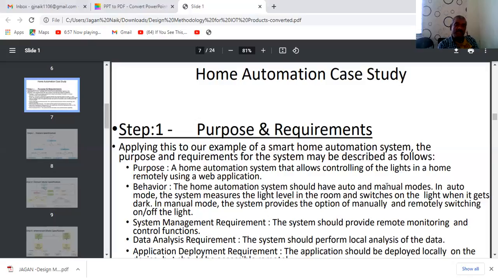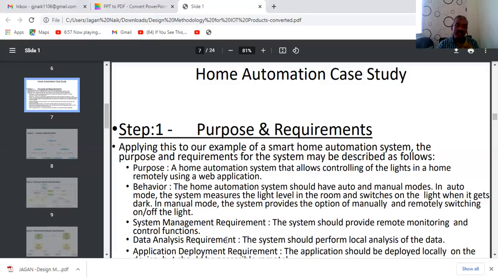The system should provide remote monitoring as well as control functions. By using smartphones or other such devices, we are going to monitor the entire home automation for specific areas such as automatic lighting or manual lighting.